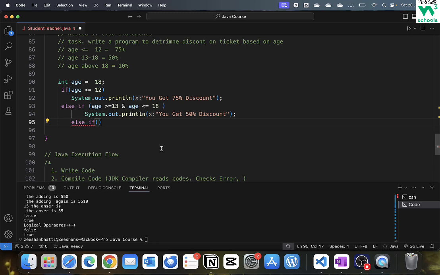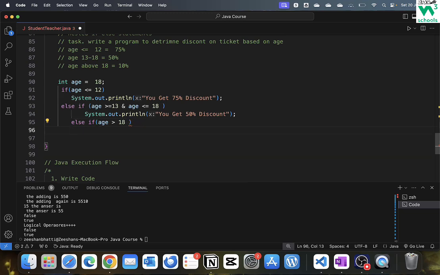If this is not true, go check other. If this is true, then go here. If this is false, go here. So it creates a hierarchical structure of what's going to happen. So now we're going to say if age is greater than 18, then basically what you're going to do, you're going to just print this statement, and you're going to say, listen man,